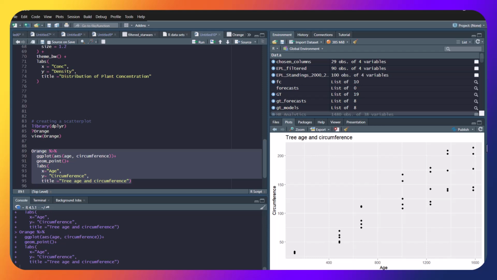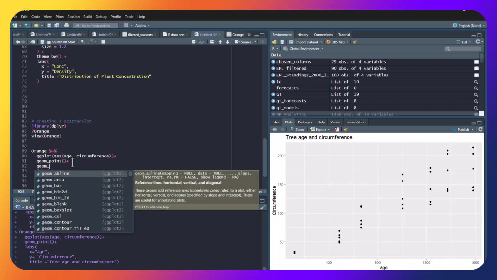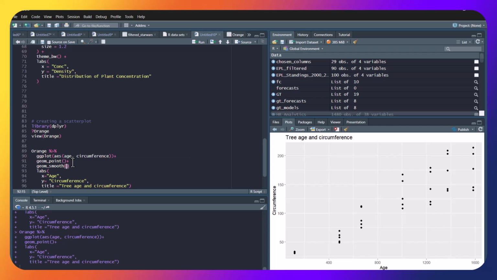So what are we going to do? We're going to use the function geom_smooth for the regression line, and facet_wrap for the classification. So geom_smooth, yeah, then facet_wrap,